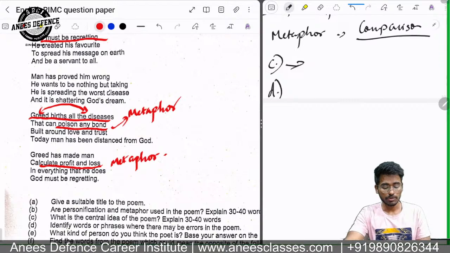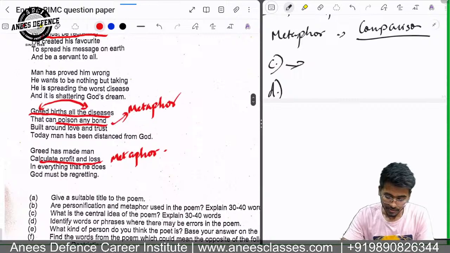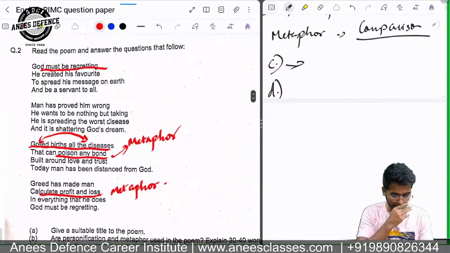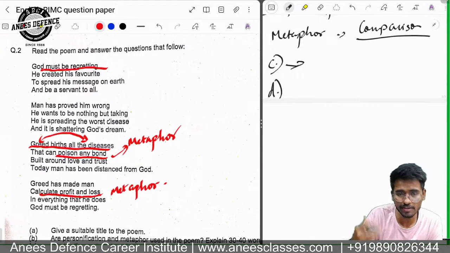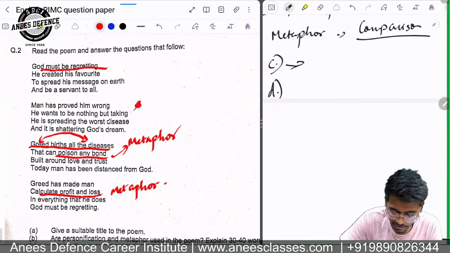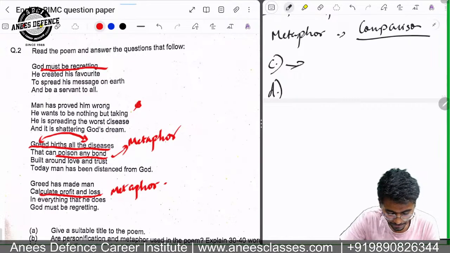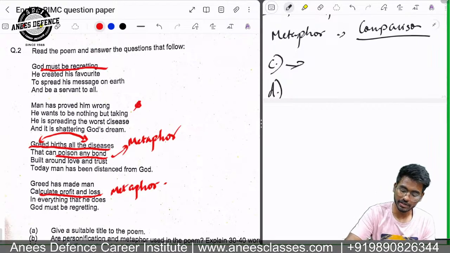The next question is to identify words or phrases where there may be errors in the poem. Now overall the poem is good, but if you want to purposefully find errors, then we can find one error, that is, we can write it in another way. For example, look at the second paragraph. Here we can see, man has proved him wrong. He wants to be nothing but taking. We can also write it, he wants nothing but want to take. We can write this sentence as,